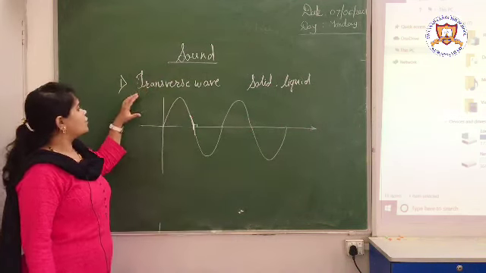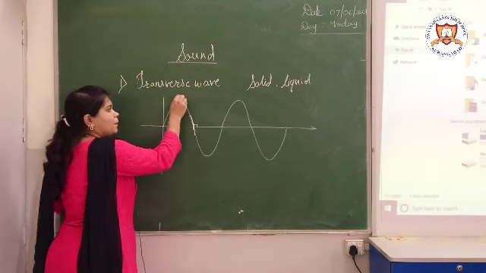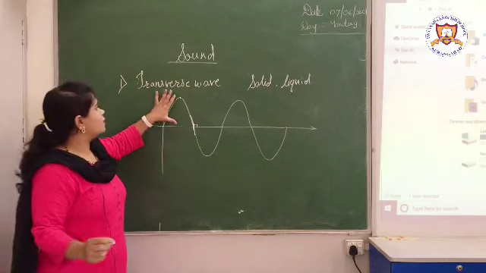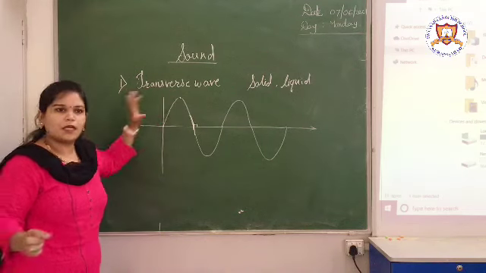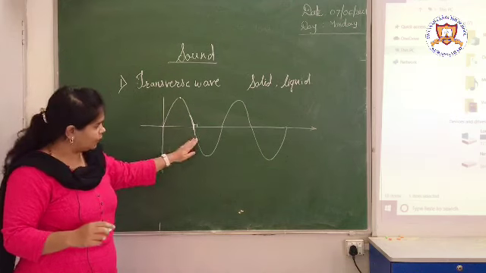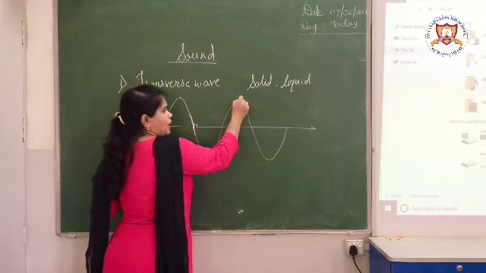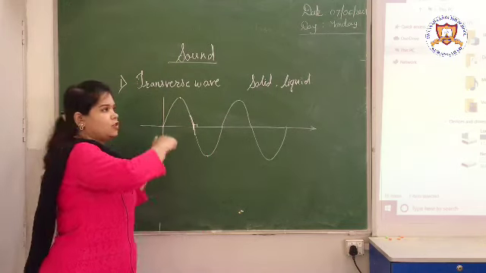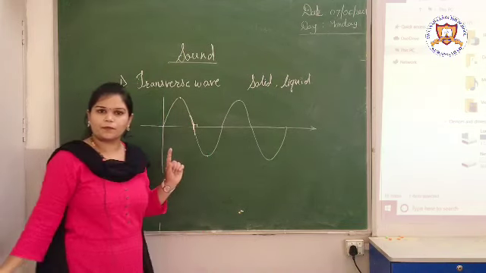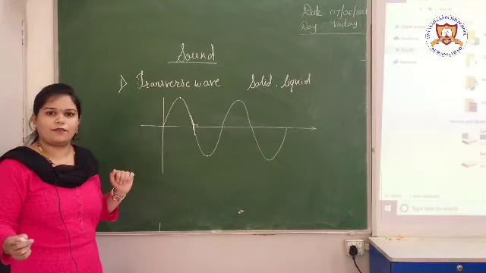Now suppose when the transverse wave is traveling, it firstly reaches a peak point where the density is maximum. Again it goes to 0, which is perpendicular, then to the lower density, 0, then again to higher density. In this way the transverse wave travels. We can say this transverse wave is also a sine wave.